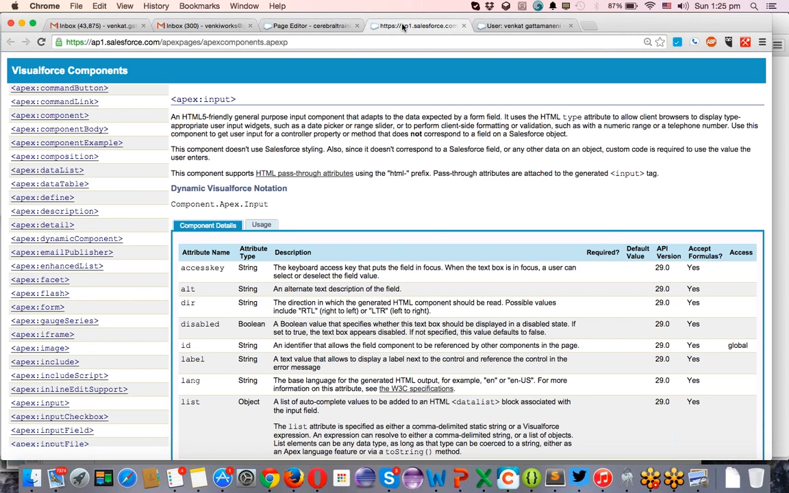Let's open some other tag, that is the Apex input tag. You generally use this tag a lot because it is useful for taking input from the customer, like input text. In the previous example also we have used the same thing, Apex input text. Apex input is useful for